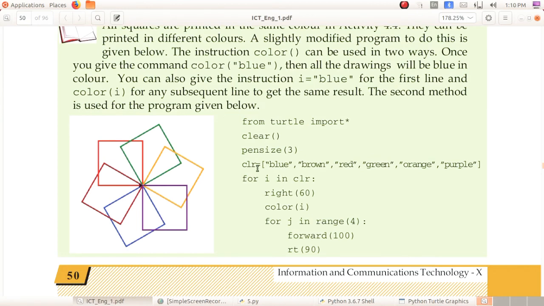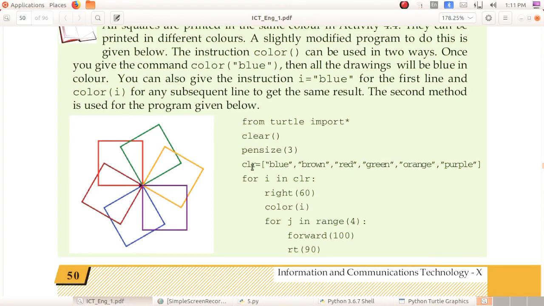Color. Color equal to blue, brown, red, green, orange, purple. So here are 6 colors, which means we want to give 6 squares colors. Okay, 6 squares are here, so 6 colors must be needed.